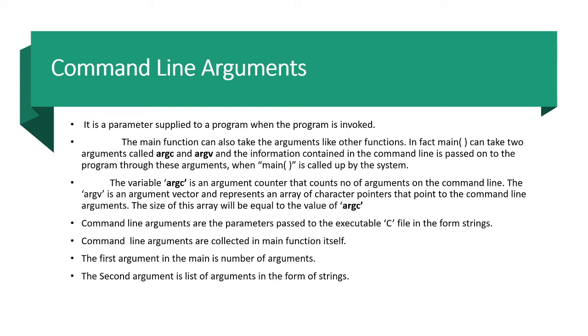So here, if you look at the command line arguments, these are the arguments. Argument, in the sense, is a value which is passed to the function, right? And here we are going to pass these values at the command. So already you people are aware of it. We executed the programs with the help of the Turbo C compiler, and recently you have seen another one, the Dev-C++ compiler. In all those compilers, a program is executed, and you are able to provide the input and get the output, right? In the same way here, the program itself accepts input at the command line.